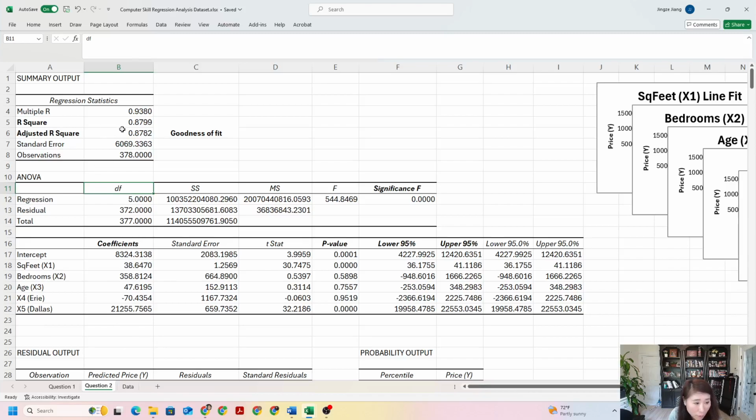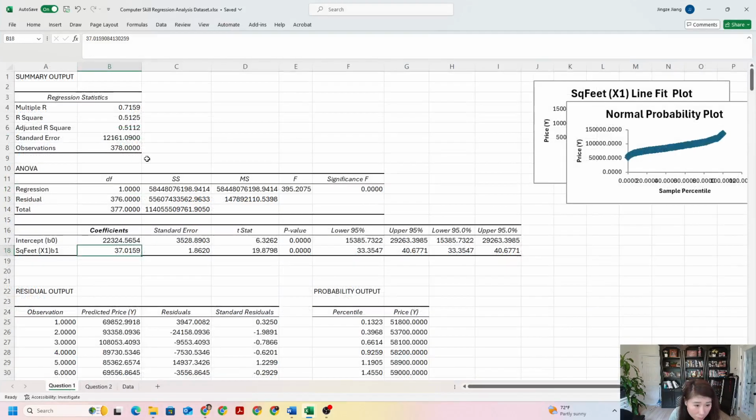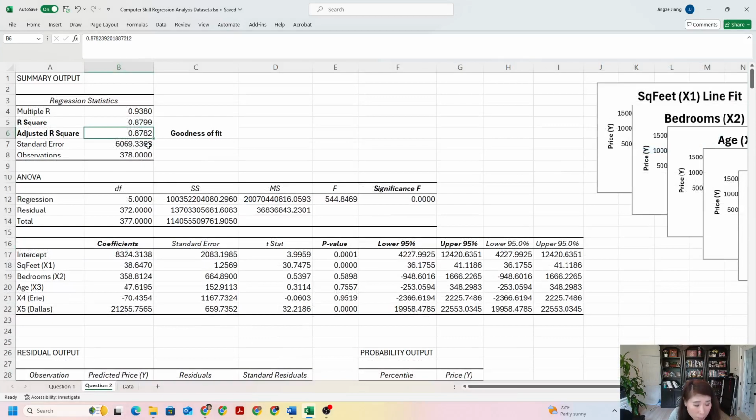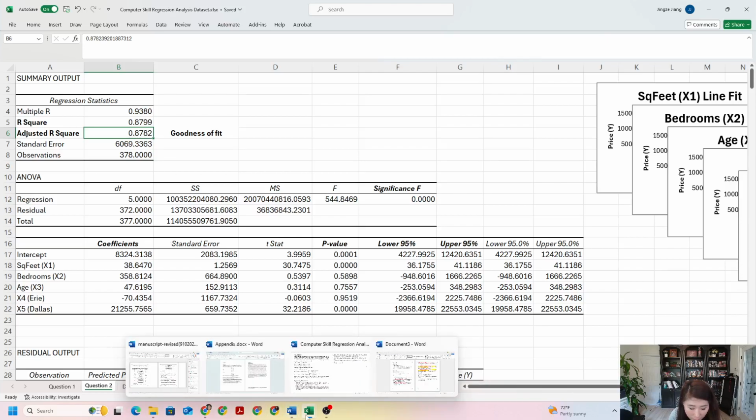Remember, R-square is between 0 and 1, and the larger the better. As you notice, the adjusted R-square of our multiple linear regression model is way larger than that of the simple linear regression model. So that's why we believe our multiple linear regression model fits the data better. Okay, so this is the answer for